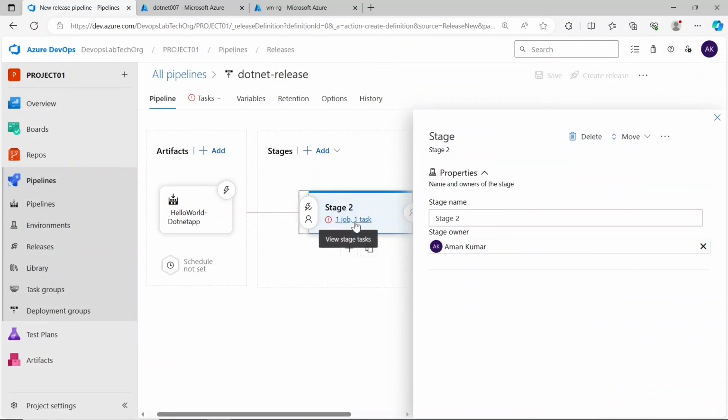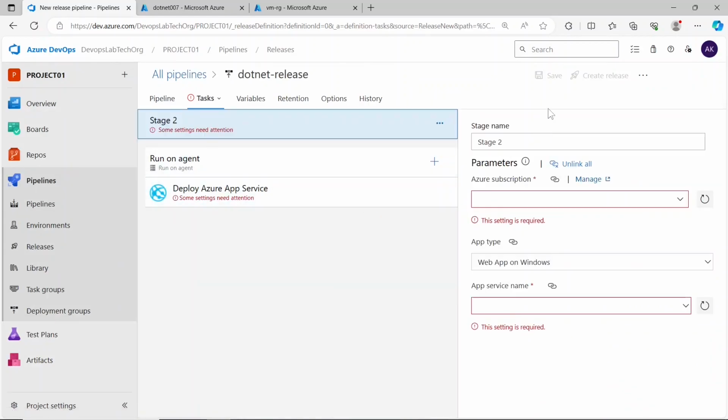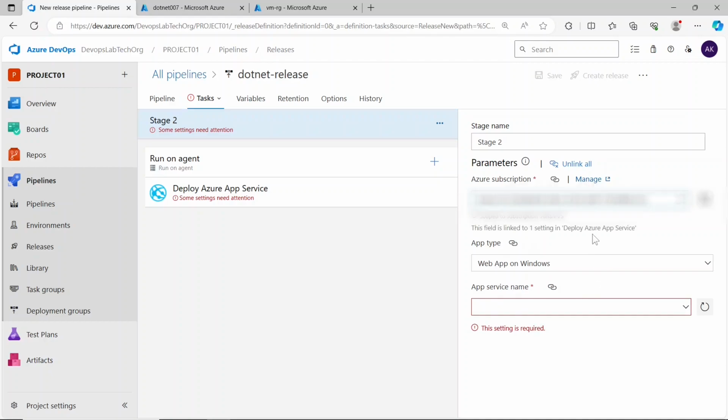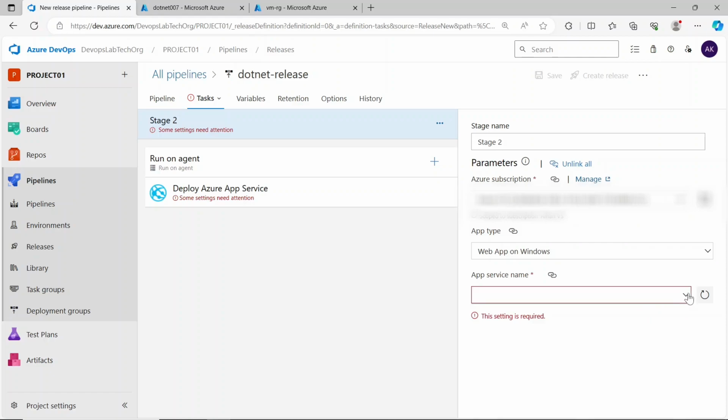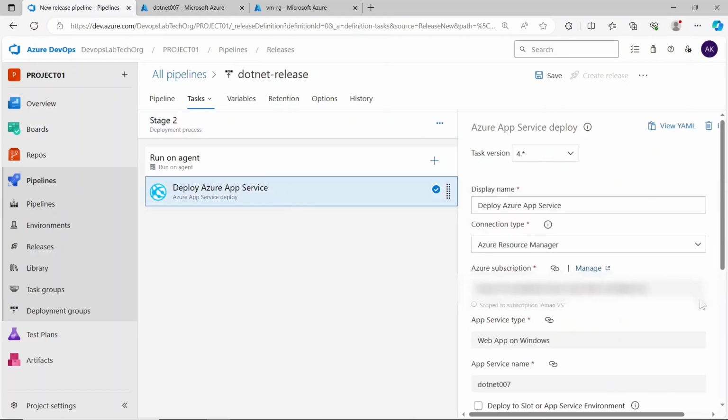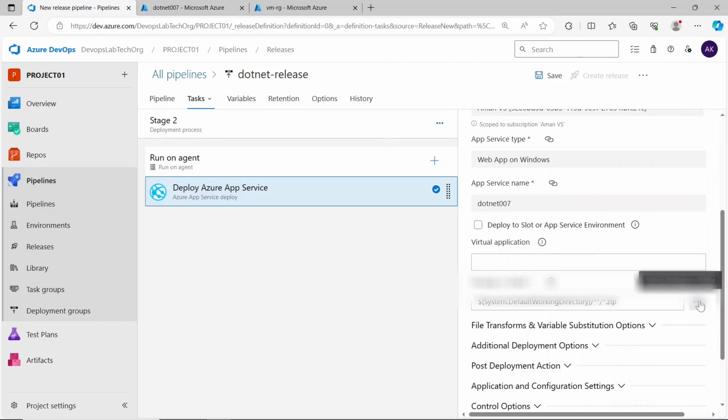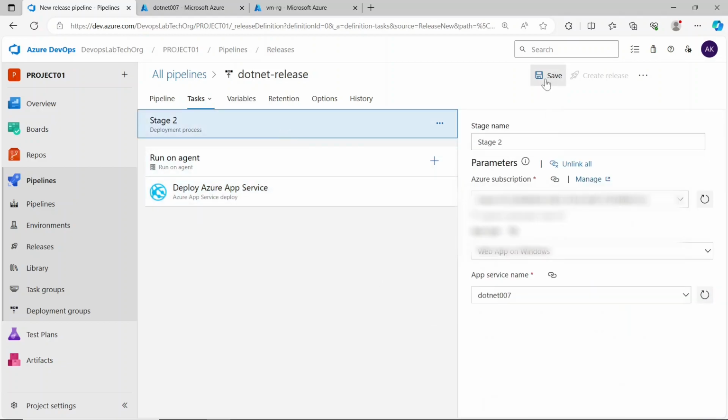Now I will view the task. So now I have to give basic configuration details like my subscription and app service name. Now I will provide our app service name. I will go to the deploy Azure app service task. I will scroll down. I will just save this pipeline and click on create release,